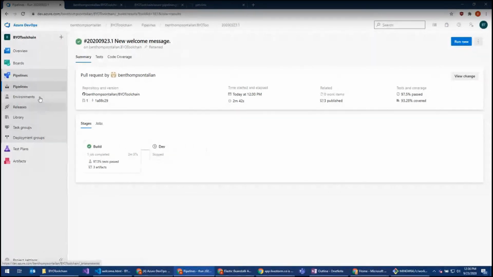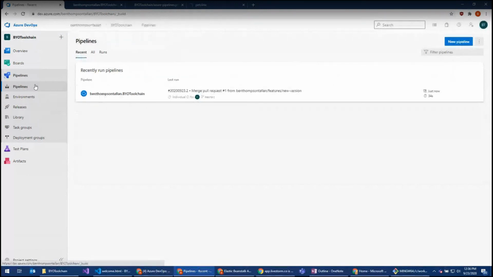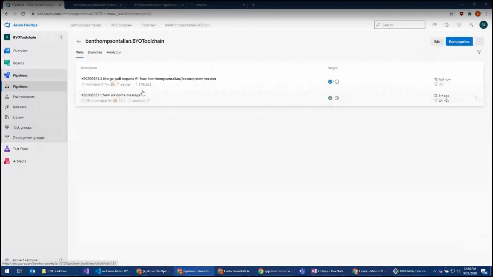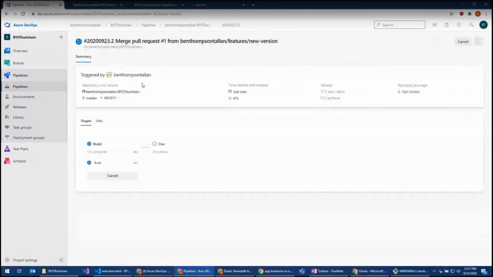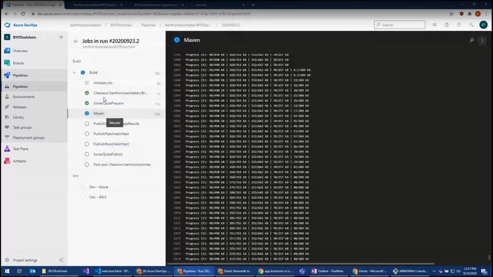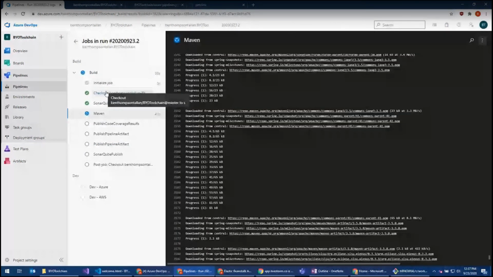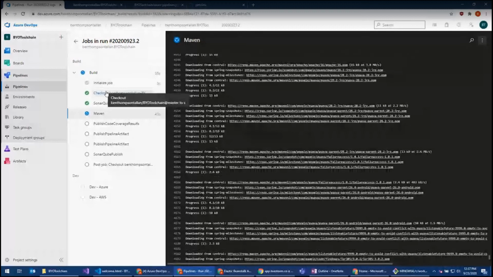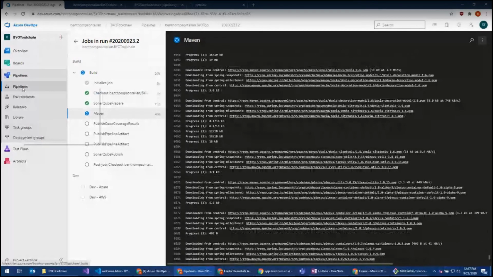temporary environment. But now that we merged into master, we can take a look at the actual pipeline run for the code on the master branch. And this also was triggered automatically based on our trigger at the top of the YAML file. So it's going to run through the same steps that it ran through before. So basically just redo the build against what's actually in master now. So we don't have to look too far into that, but while that's running,